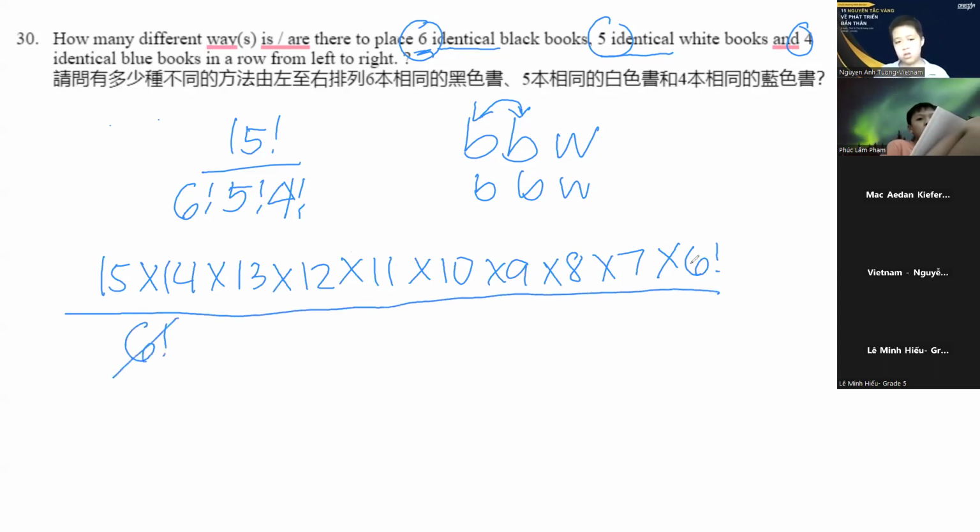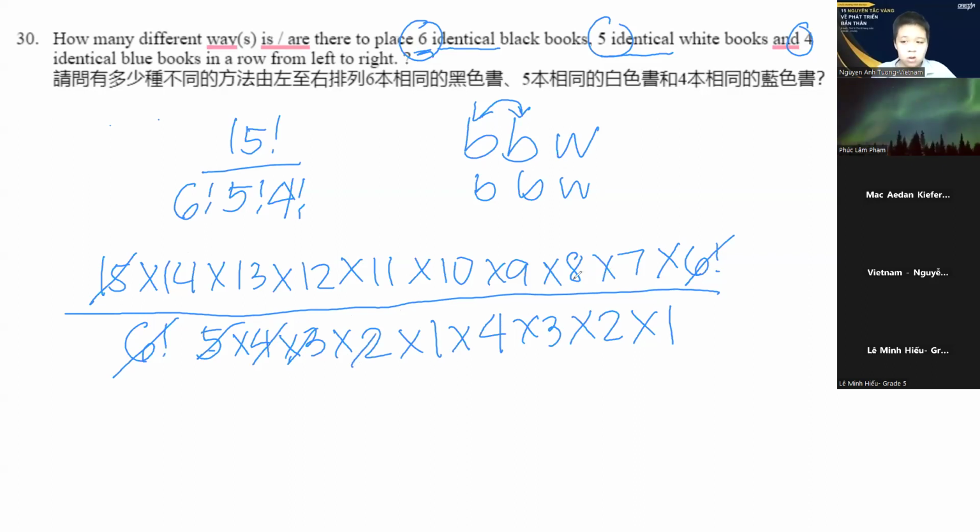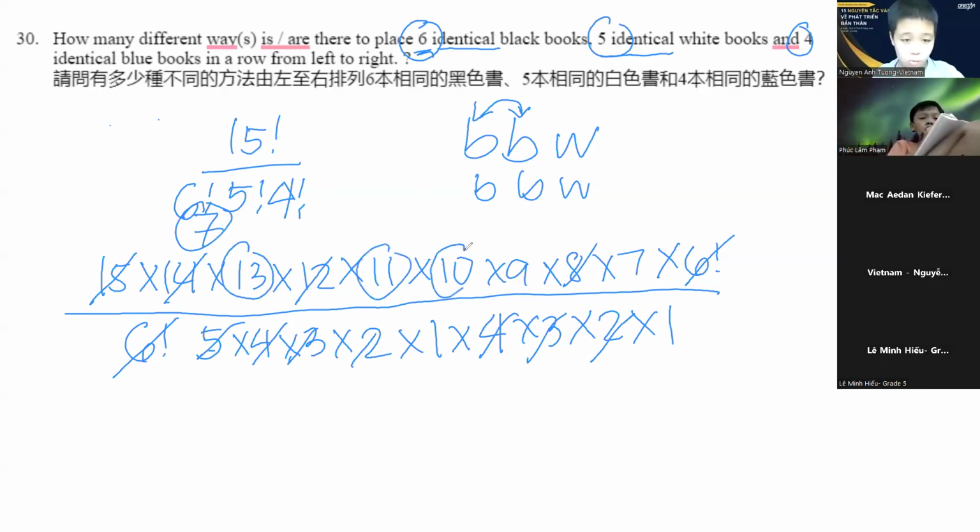This is 6 factorial. Cancel both of them out. So all you have left is 5 factorial, which is equal to 5 times 4 times 3 times 2 times 1, and 4 factorial, which is equal to 4 times 3 times 2 times 1. To make it easier for us, we cancel out terms before we start multiplying and dividing. So 5 times 3, that's equal to 15. 4 times 2, that's equal to 8. 4 times 3, this is 12. And 14 divided by 2, that's 7. So when you multiply the remaining numbers, 7, 13, 11, 10, 9, and 7, this will give you